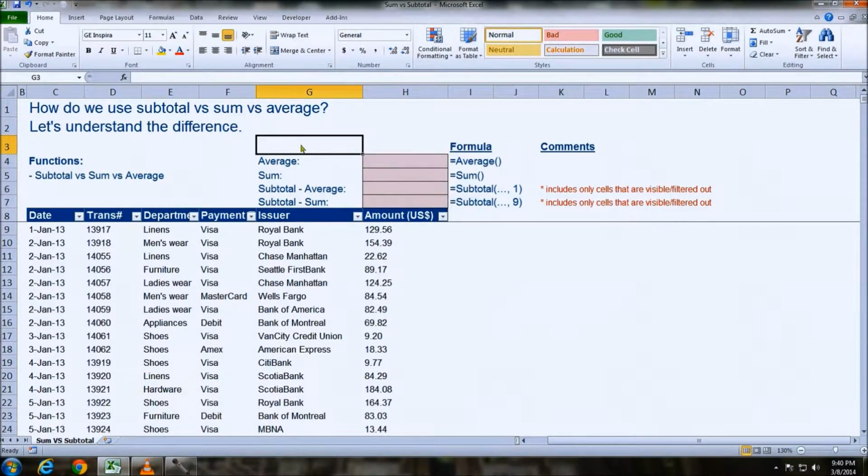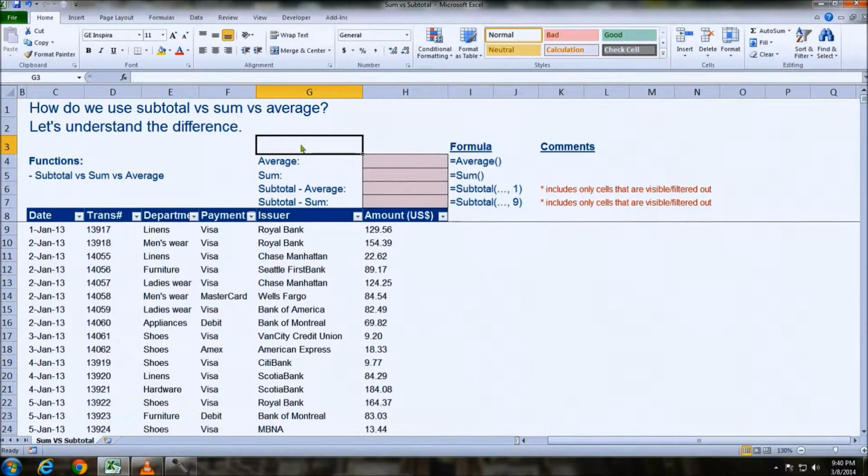There's an average function within the subtotal and a sum function within the subtotal. There are the various counts and standard deviation functions, which are also available outside of the subtotal function. So today I'd like to do a simple comparison to share with everybody